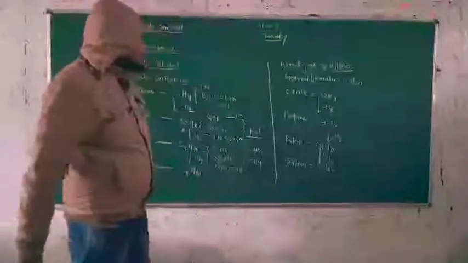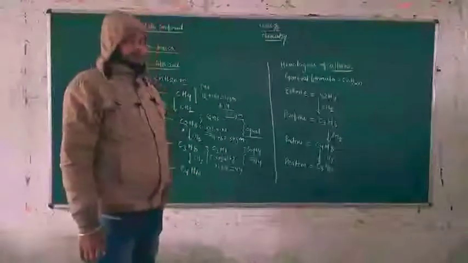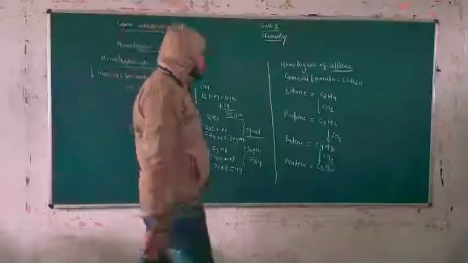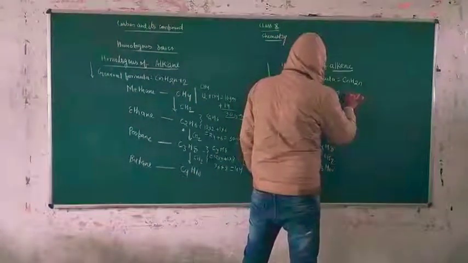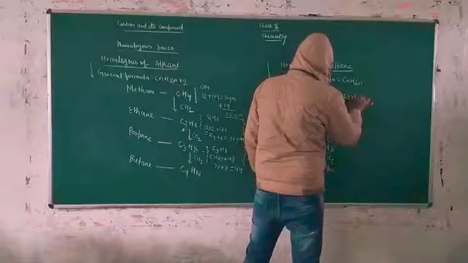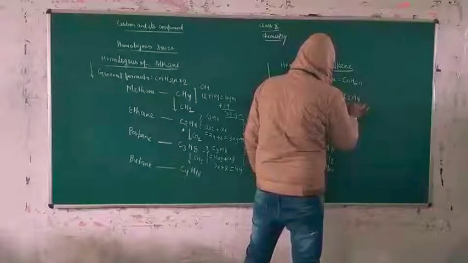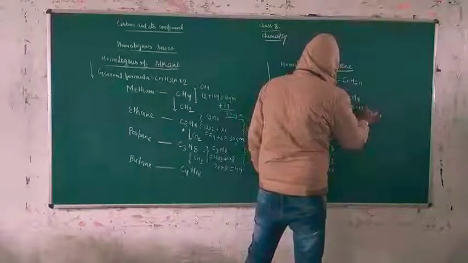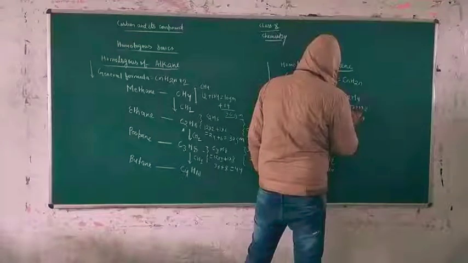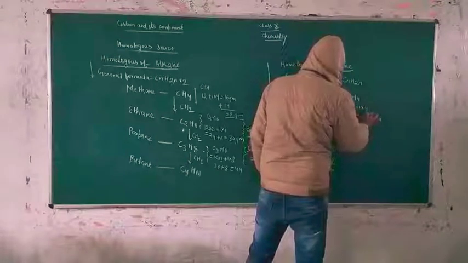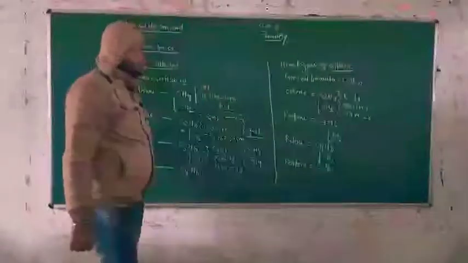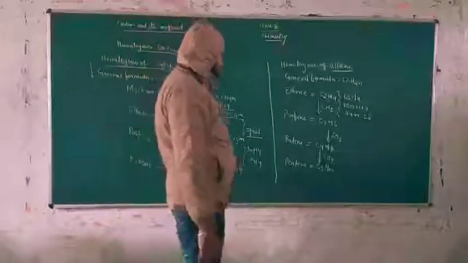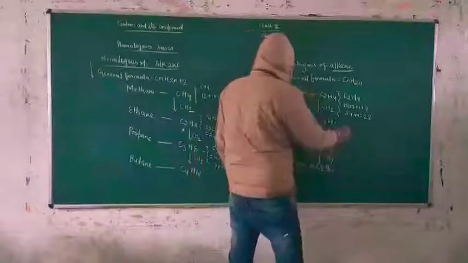For the concept of the 14 gram difference in their formula mass, you can also merge this. You have to write the mass of this. This is C2H4, that is 12 into 2 plus 1 into 4. That is 24 plus 4 is equal to 28. 28 gram is the formula weight of ethene. Again for this, you can write here